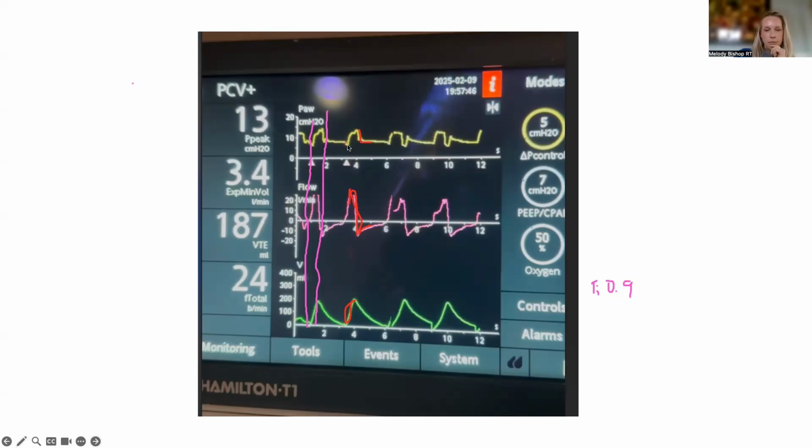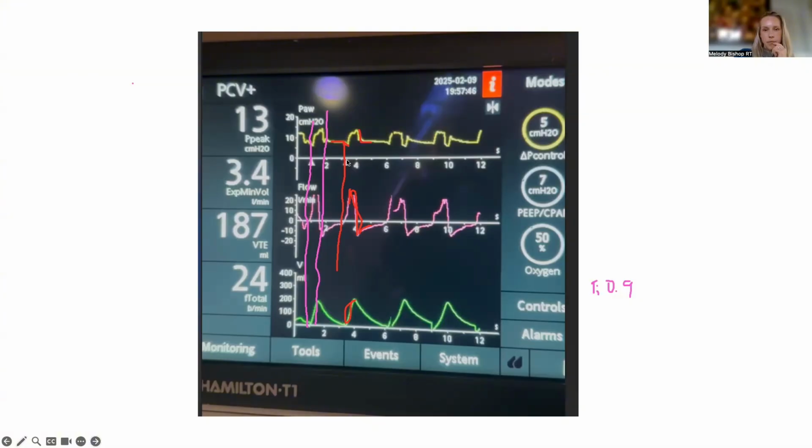Now you're getting a trigger, right? But it seems to me that the pressure starts to dip here. So you have this very tiny delay, which would correlate to the flow starting to go up. So the patient's starting to pull on the vent to try to get the cycle into inspiration. So what are causes of delayed trigger?